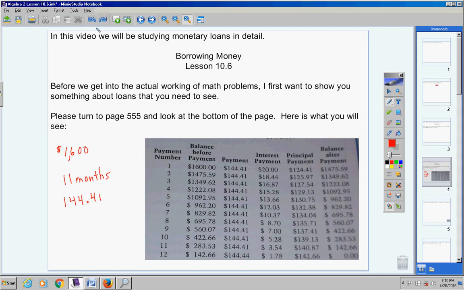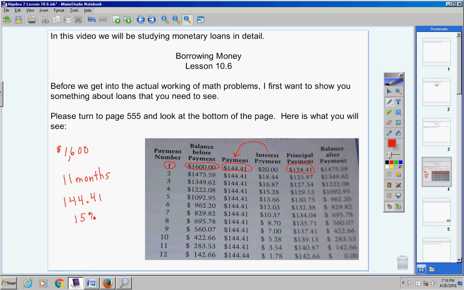Now, your interest rate is 15%, which is pretty high, actually. Now, here's what I want to show you. Here's your first month. Here's how much you owe. Here's how much you pay. But even though you paid that much, your principal, that's how much you owe, only went down $124, even though you paid $144. Because $20 of the payment that you made went to interest. So even though you paid $144.41, your $1,600 only went down